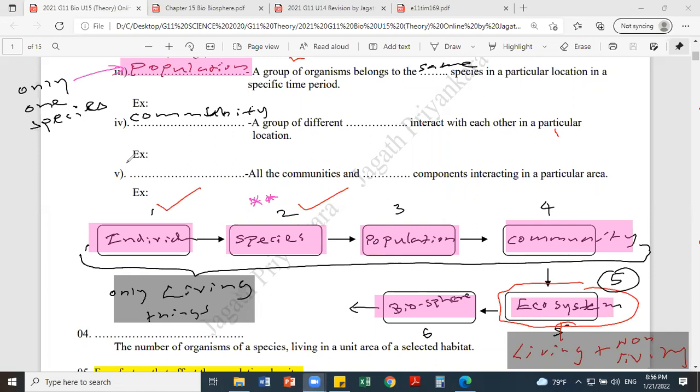Let's see community. Community means what? Population, please highlight that. Population means only one species. Community: a group of different species, or a group of different populations,